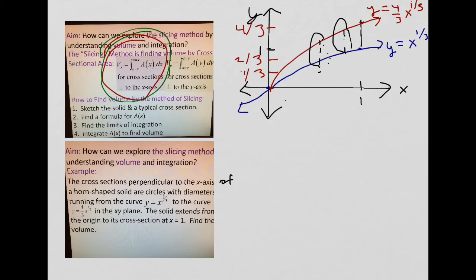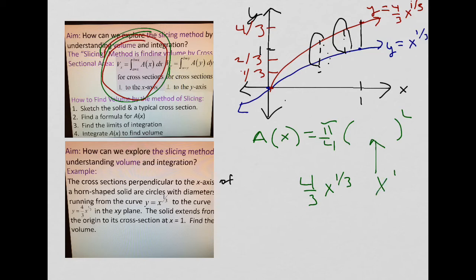Okay, so next we need A of x, and this is the formula for the circle. We want to talk about the diameter. We already discussed that it's going to be pi over 4 times the diameter squared. Well, the diameter is measured from 4/3 x to the 1/3 to x to the 1/3, and I should have left that bigger, so I'm just going to put an arrow. So we're just subtracting to find that diameter. Okay, so that's how we measure it out. So if we do that, this is d sub x,